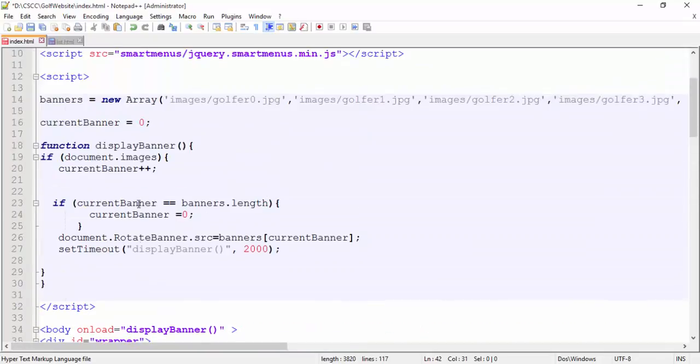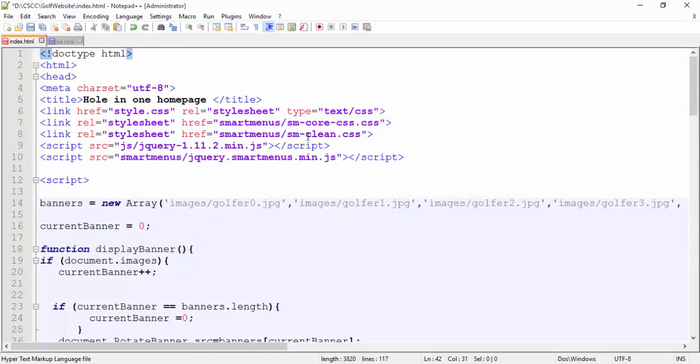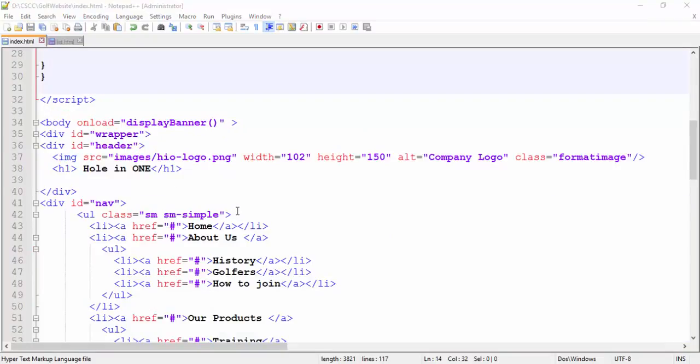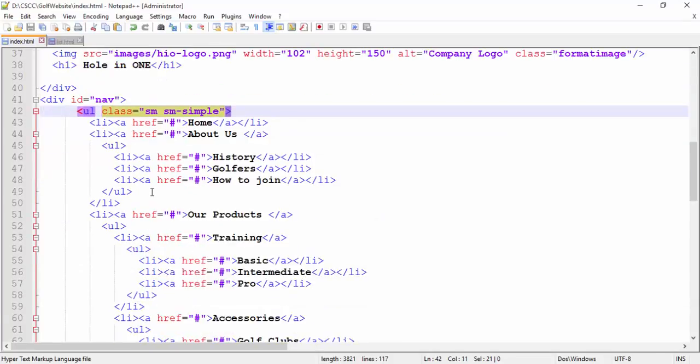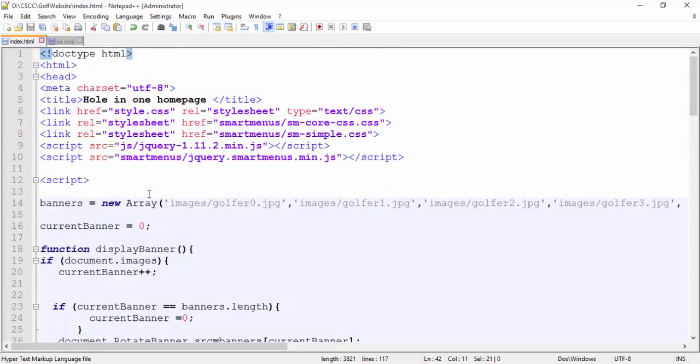And actually, I'm going to go back up. I did sm-clean here, and I want to do sm-simple for this part, because there are 3 different styles. So it's a simple correction on my part. Once we have the class in, that's all we really need. Again, most of the hard part is actually setting up your list to navigate and get the navigation in the right area. So now all you have to do is have a document ready function in your script section